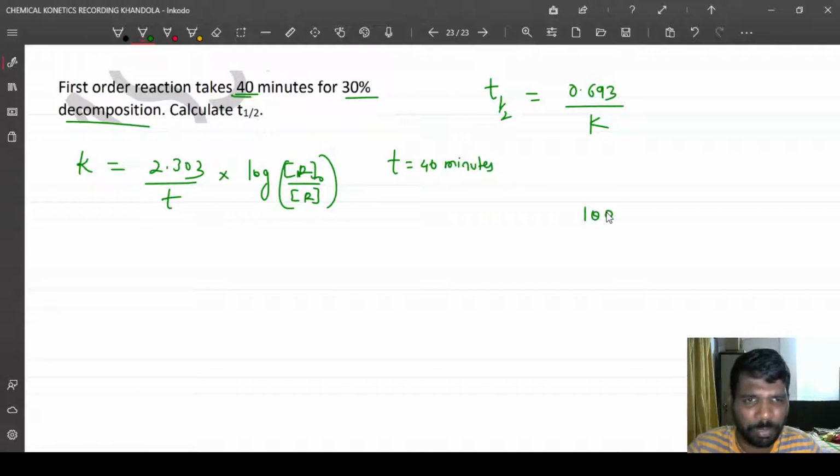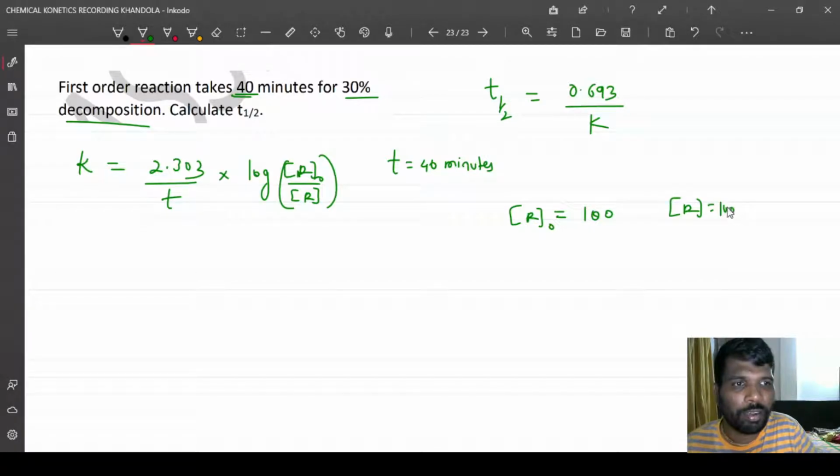Many kitchen wastes, but it is biodegradable. And how much am I having? Let's say 10 kg of the biodegradable waste is there, and I say that out of 10 kg, after 2 days, just 30% has decomposed. Means how much is remaining to be decomposed? 70%. Same way, for a reaction, a first order reaction takes 40 minutes for 30% decomposition. Means 30% is decomposed, means how much is remaining? 70. So here R0 will be equal to 100, and R will be 100 minus 30,